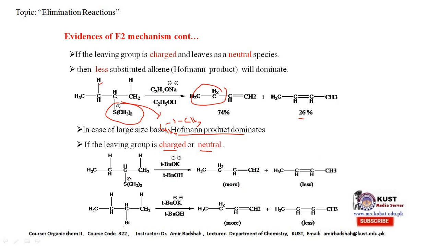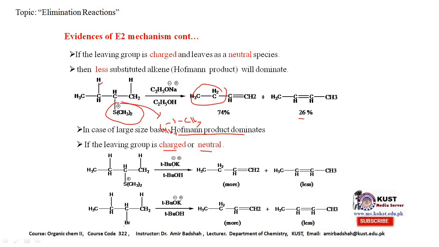The dominancy will be of the substituted product. And if sodium ethoxide is used instead of this, then the dominancy will be of the Zaitsev product. But here, if tertiary butoxide is used, which is a base of large size, in that case, the